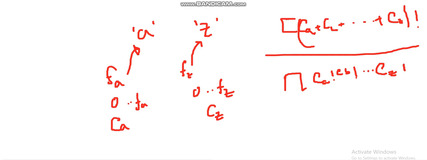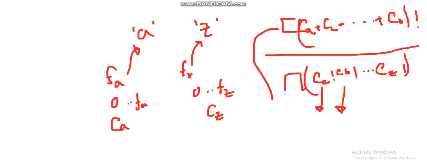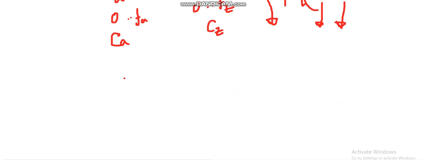So if we choose ca and cb, then we can get this formula to find the number of permutations from this combination. For every combination of ca, cb, cc, like that, we are going to compute the